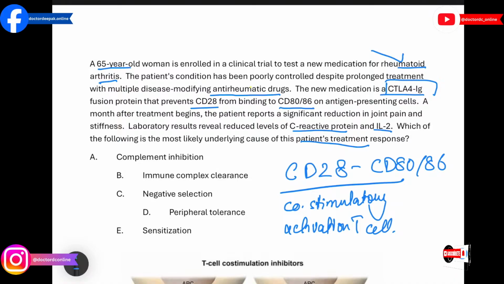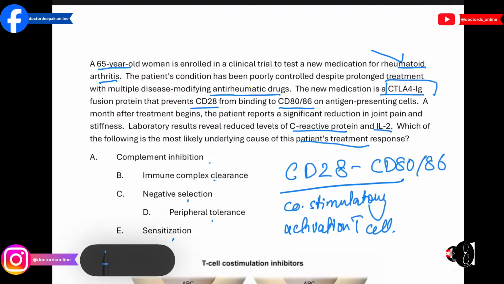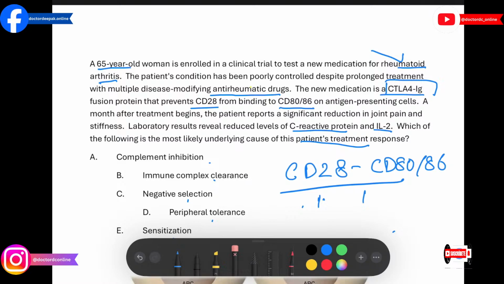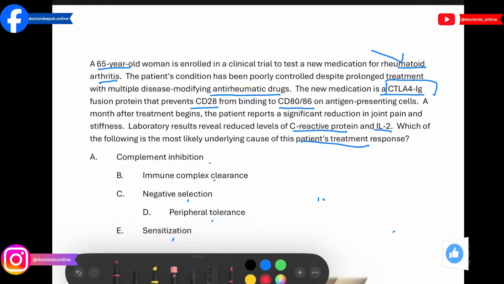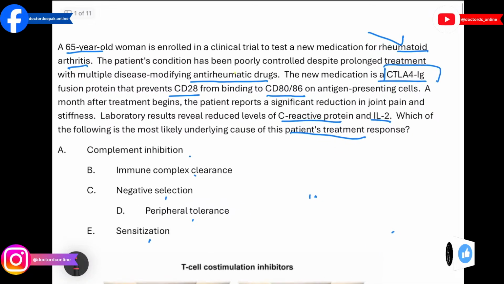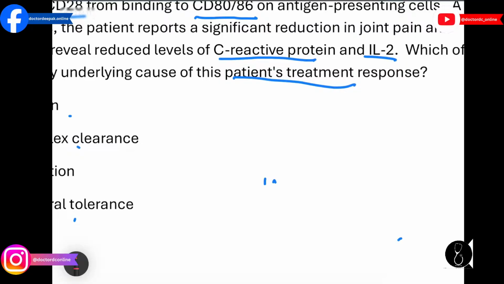Now we have to say what type of phenomenon the CTLA4 is using. The options are complement inhibition, immune complex clearance, negative selection, peripheral tolerance, and sensitization. Let me elaborate that for you guys. Actually, about which drug they are talking. They are talking about abatacept,